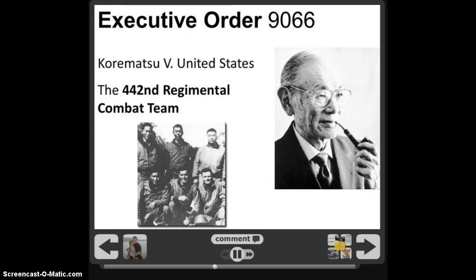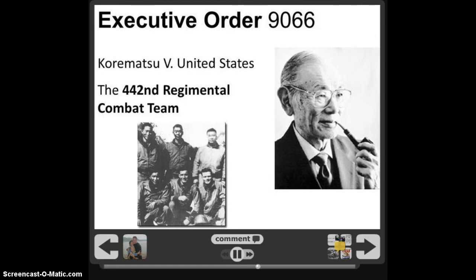Fred Korematsu sued, saying that he's being detained without a trial, without just cause, and that he shouldn't be locked up. The Supreme Court ruled that during times of war, people can be denied these rights if there's just cause, and in this case, there was just cause, said the Supreme Court. Really a remarkable ruling. Needless to say, it was influenced by racial discrimination. For example, German Americans weren't locked up, Italian Americans weren't locked up,